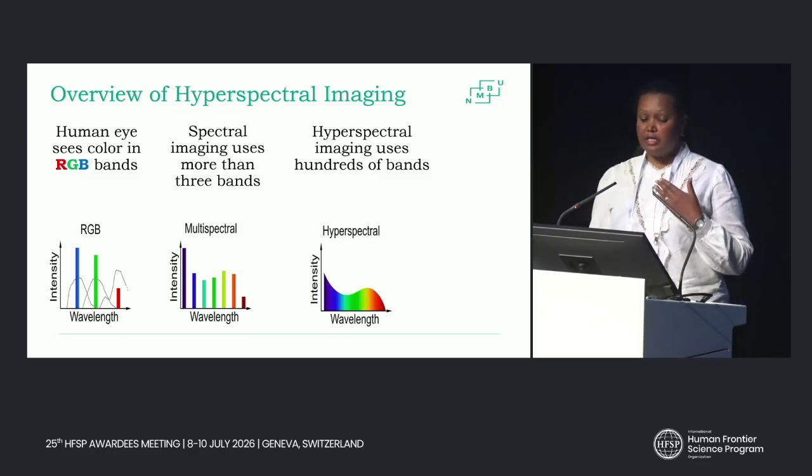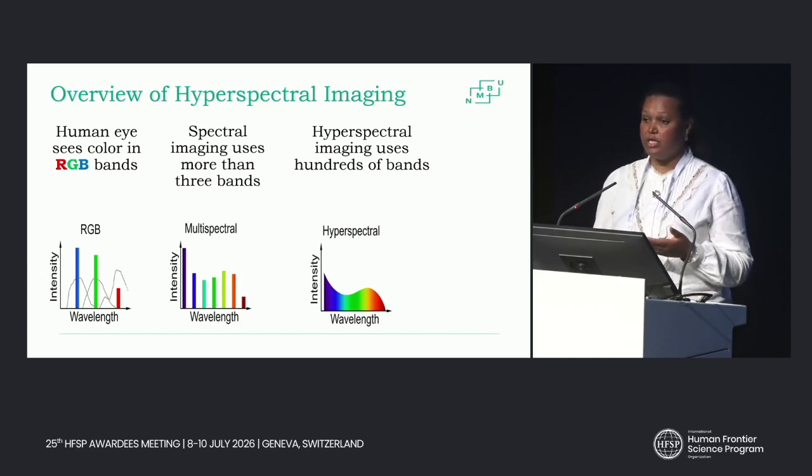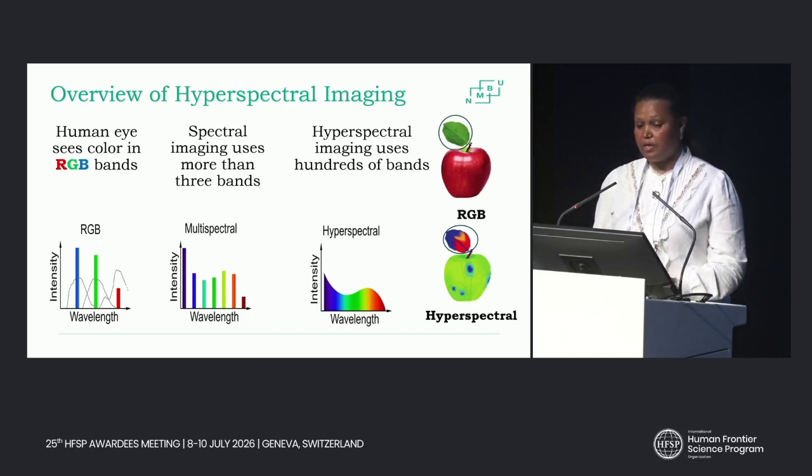The advantage of hyperspectral imaging is not only that it has a lot of bands, which gives the opportunity to characterize detailed things that cannot be captured with conventional imaging methods, but also the continuity of the data. The spectrum is another characteristic which makes it favorable, and which we think would work for what we proposed. This is also another example, an apple as seen with the human eye and with hyperspectral imaging.